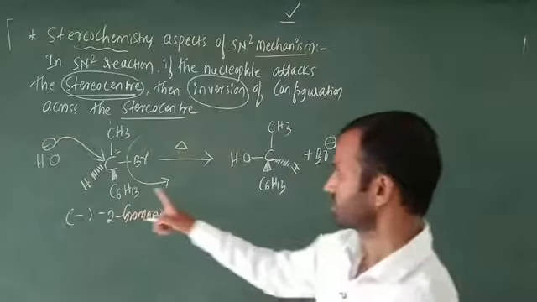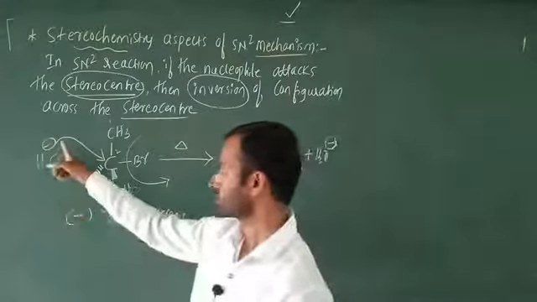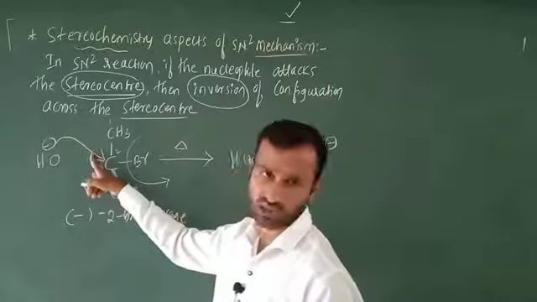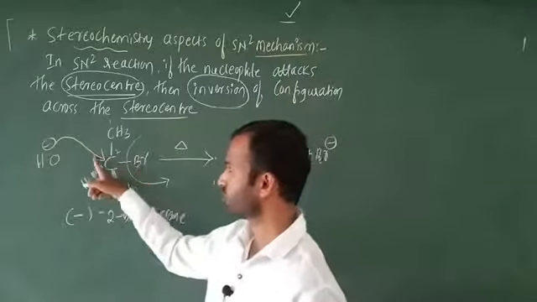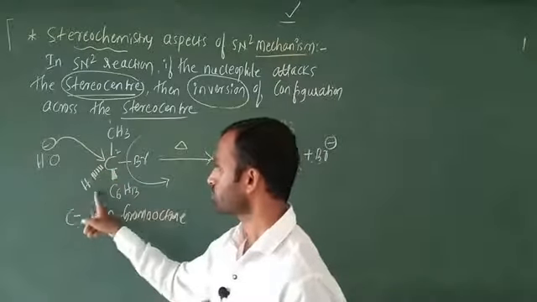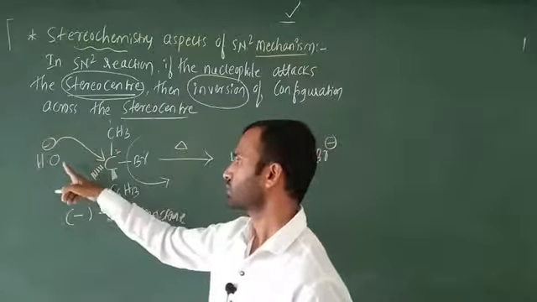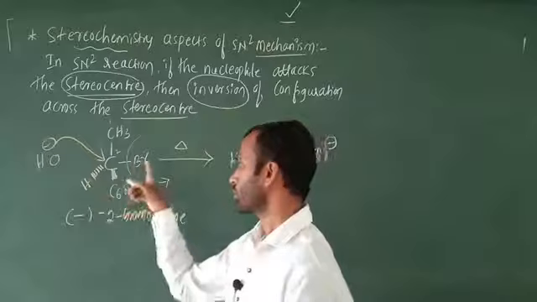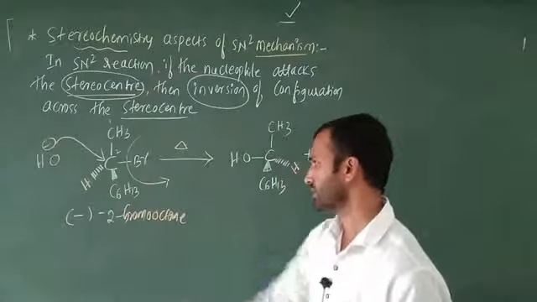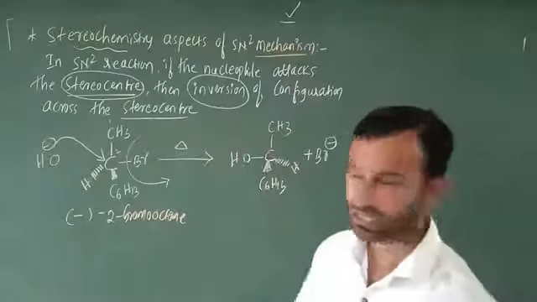Just here, same as in SN2, the OH minus is going to attack at the backside, opposite of Br. Just here this Br is there, and these two are in opposite directions. The OH minus is not going to attack like this. The OH minus is going to attack opposite of Br, that is, the backside attack takes place. Next, this is the final product for this stereochemistry aspect.